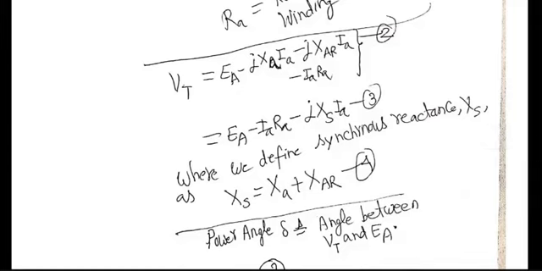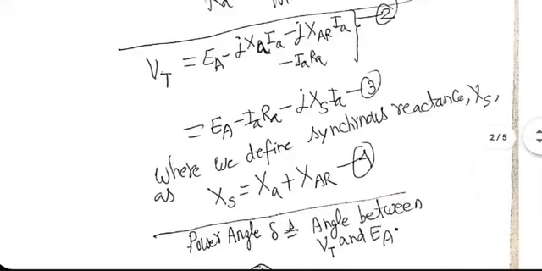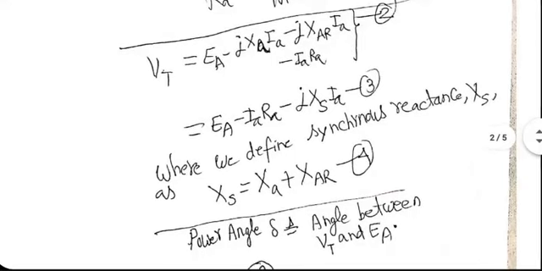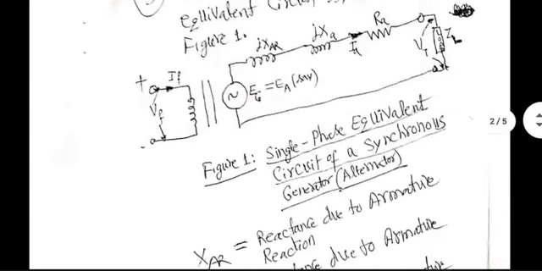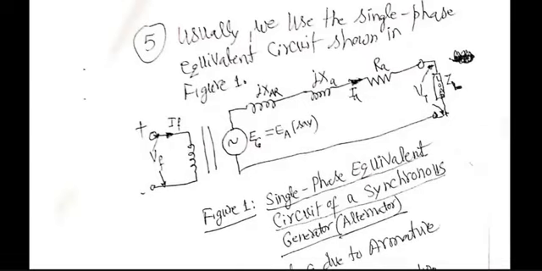Now power angle, now I'm mentioning it here. Power angle is the angle between VT and EA phasors. I'm using both symbols EA and EG because books, depending on where you look, can use either of them. In some books, they insist on using EB, taking a clue from DC generators. But most of the books nowadays avoid the term EB for AC machines. They rather use EG or EA.